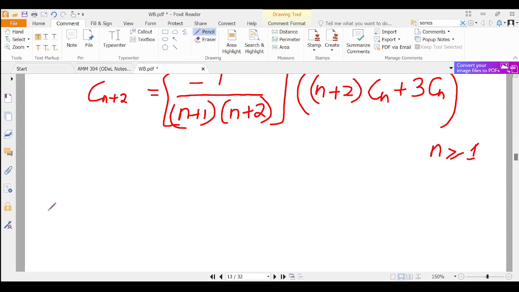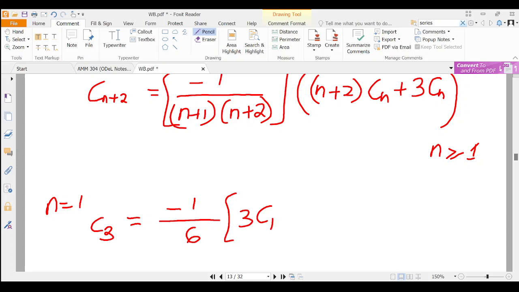So we can now consider the case when n is 1. If n is 1, we substitute here, we get C1 plus 2, which is C3. And this will be equal to minus 1 divided by, so our n is 1, so 1 plus 1 is 2, 1 plus 2 is 3, so 2 times 3 is 6. Then we have, in brackets, n plus 2, which is 3 C1 plus 3